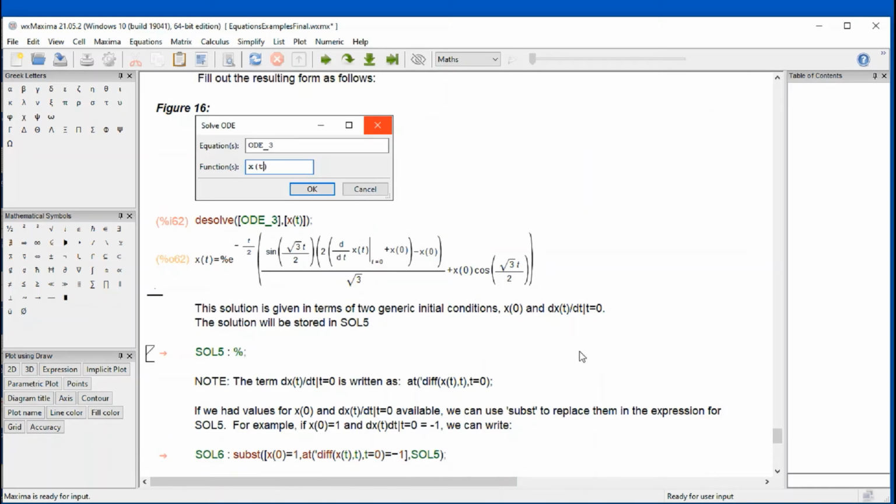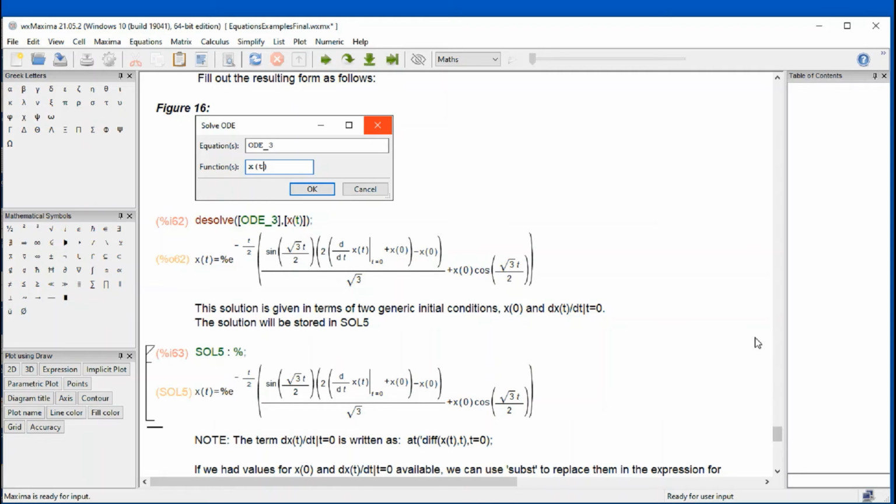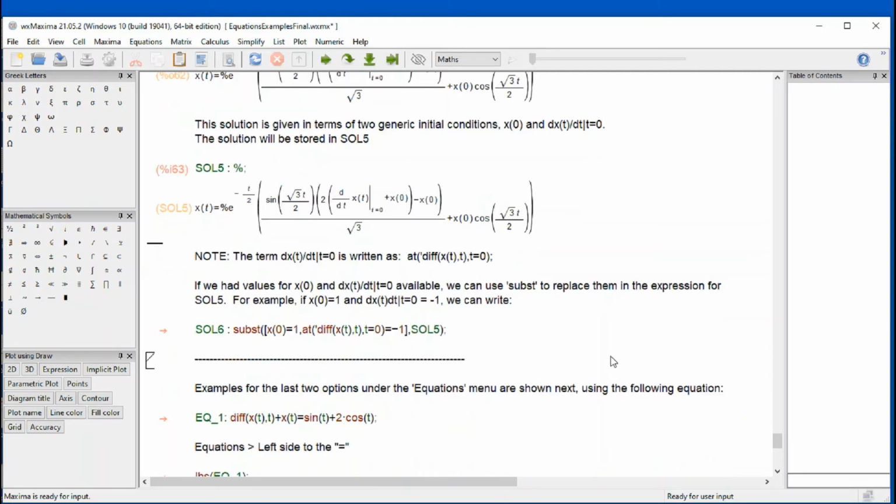Now this solution is given in terms of the initial conditions x of 0, and the first derivative of x with respect to t at t equals 0. And this is the kind of result that you will get if you use the Laplace method in solving your ordinary differential equation. And the next step would be to store that into Sol 5. Oh, sorry. Shift Enter. Now that's stored into Sol 5. And we're going to substitute the